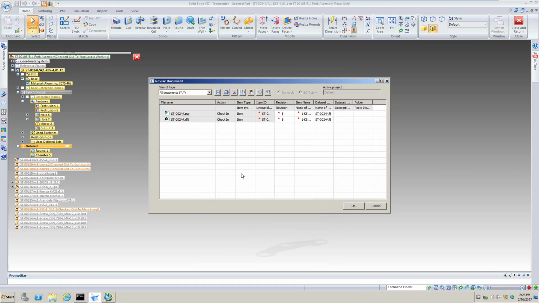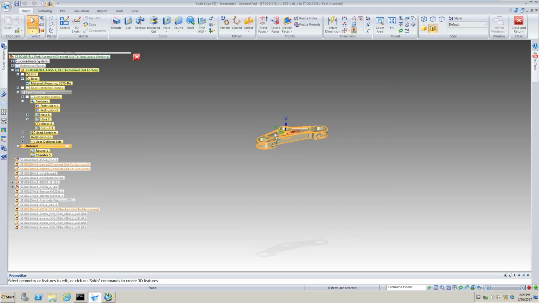So I'm going to go into my revise. I want to create a new, and that's what I was looking for. But when I went out to create a new, it also recognized that it had a draft file. So it's not just going to up-rev the part, it's going to up-rev the drawing as well. So when I go out there,